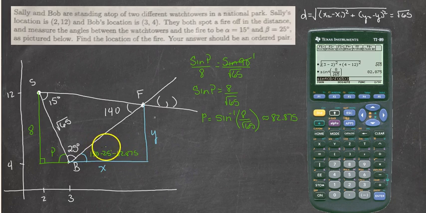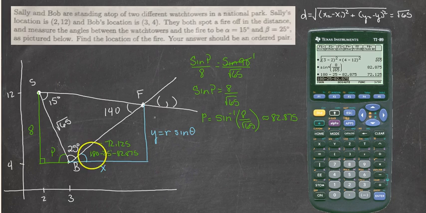So I know that this angle equals, by the magic of technology, 72.125. So I'm ready to use Pythagorean ratios. I have y equals r sine theta, where theta in this case is going to be 72.125, and x equals r cosine of theta. Problem is, I don't have my r value yet, and in this case r represents the hypotenuse of the triangle